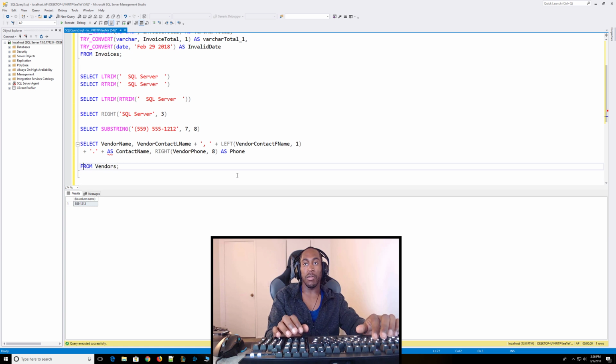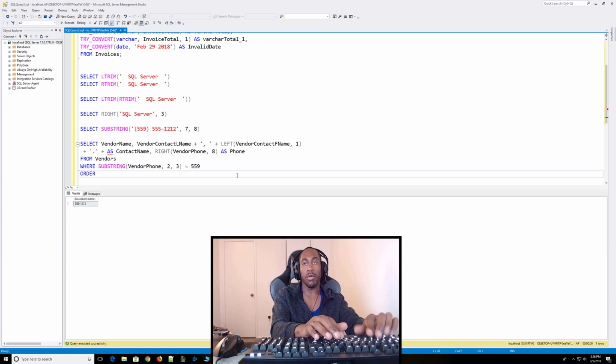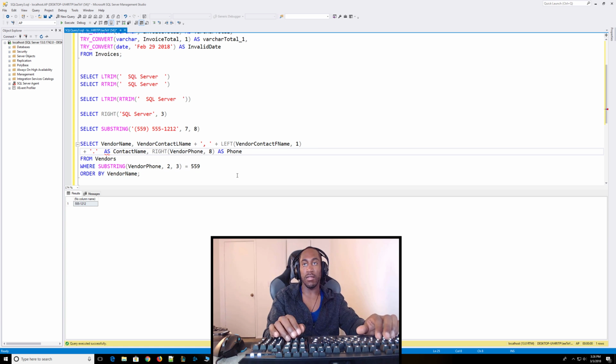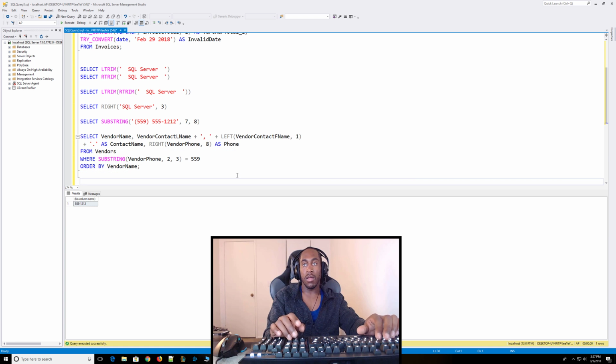This is going to all come from vendors, and then we're just going to say where substring vendor phone, which is the expression we're passing in, and then I want to start at position 2, and then I want to get the length of 3 after that position, and I want that to be equal to 559. And then we're going to order by vendor name. And looks like I have an error here. I do not need this here. And we're going to run this query,